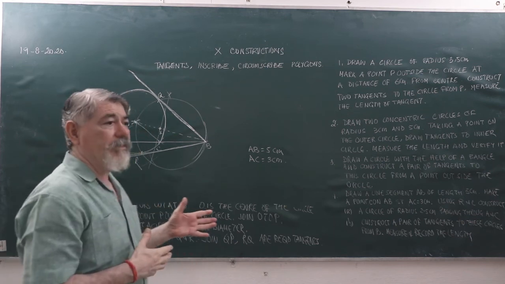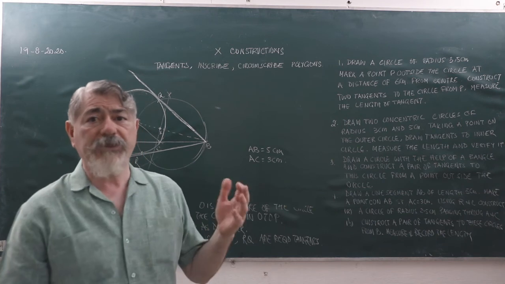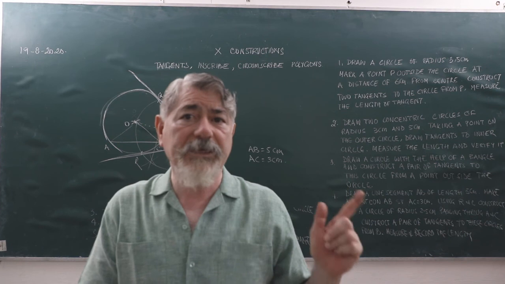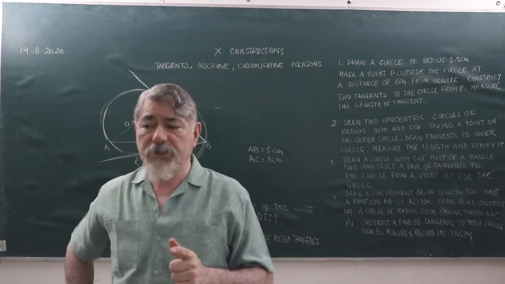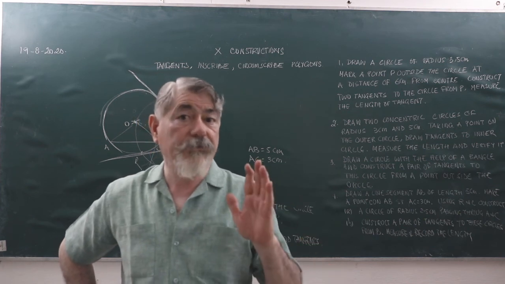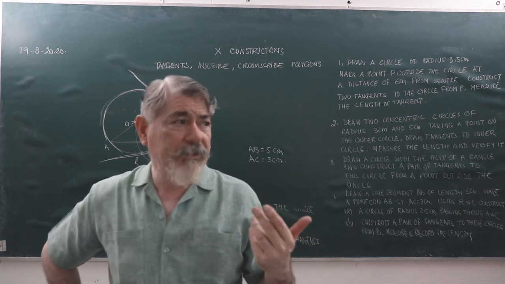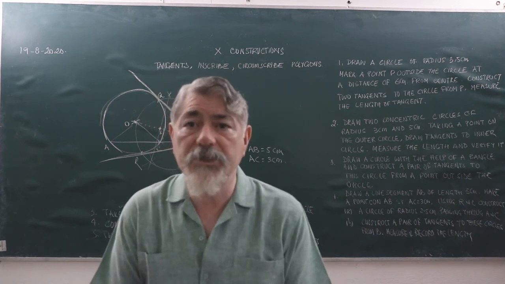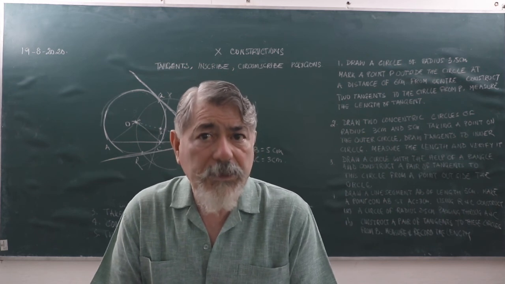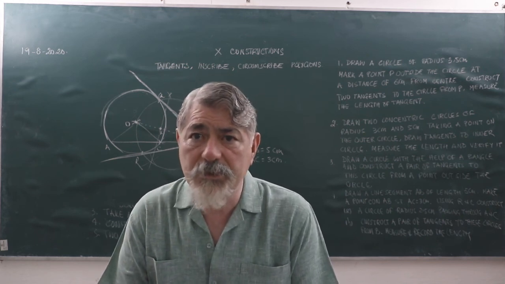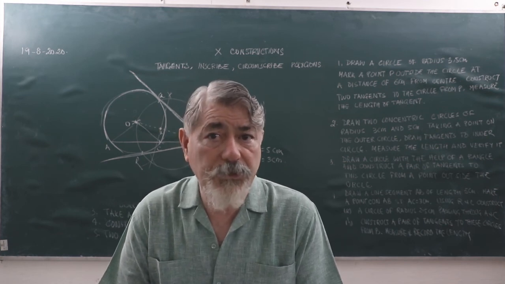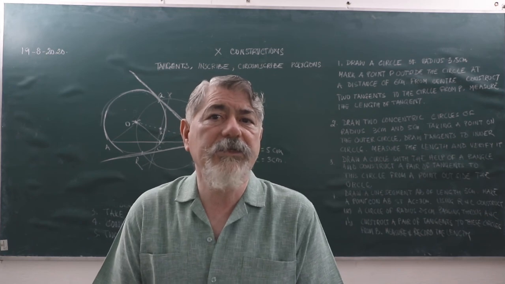If the center is given, well and good, then we join the center to the point which is given outside the circle. If the center of the circle is not given, like in the third question where we had to construct a circle with the help of a bangle, then we find the center: take any three non-collinear points on the circumference of the circle and join them to get two chords, then perpendicular bisect those chords. The perpendicular bisectors will cut each other at point O. That will be the center of the circle.